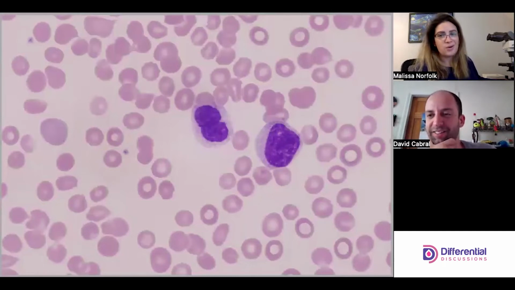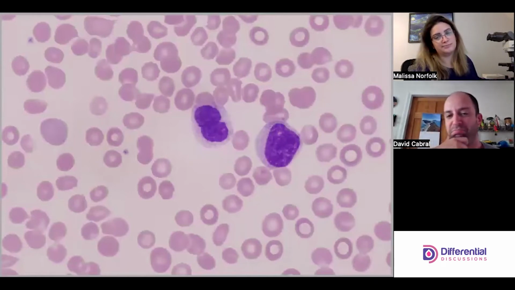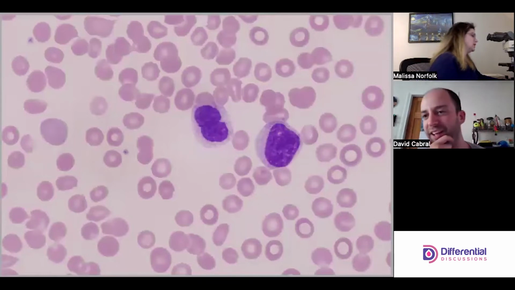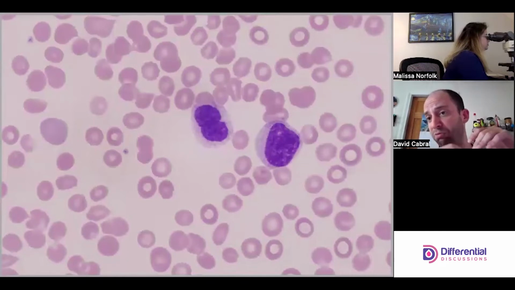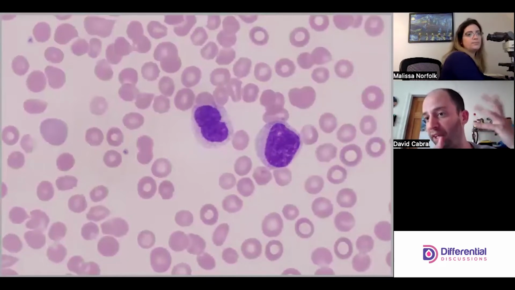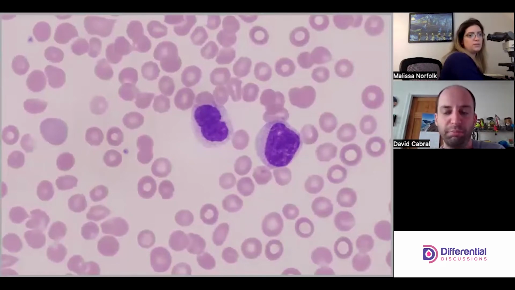Yeah. And the cytoplasm is kind of in between myelo and meta. So that's why I'm going with meta. Cool. I like that. And for the viewers, we generally subscribe to rounding up on maturity. Your mileage may vary depending on institution procedures and stuff, but